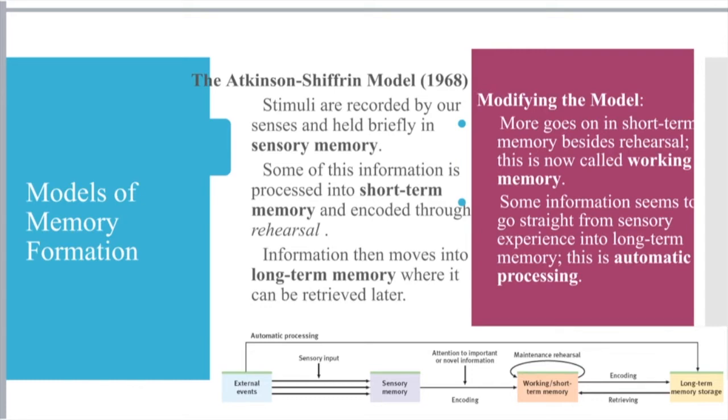The Atkinson-Shiffrin model, you actually don't have to know this model, but the textbook refers to it as our understanding of storage. So all of this fits into what is storage, how does our brain do storage. We know that there are 3 different categories under which storage occurs. You have sensory memories, short-term memory, and long-term memory. We are going to dig into each of these more specifically with the remainder of our lecture.